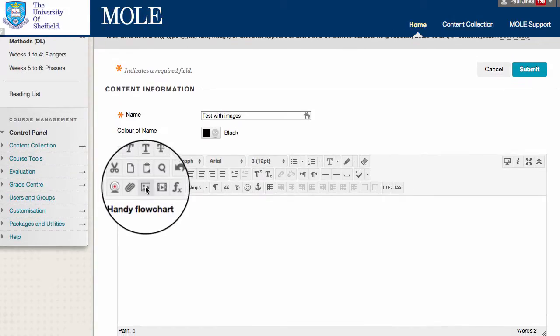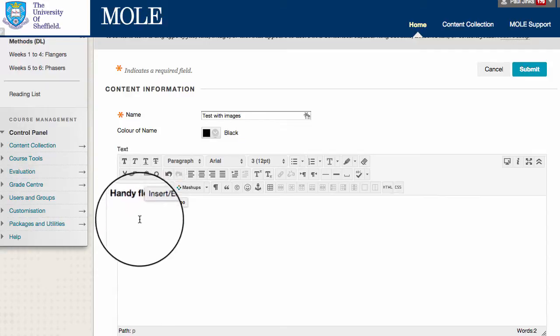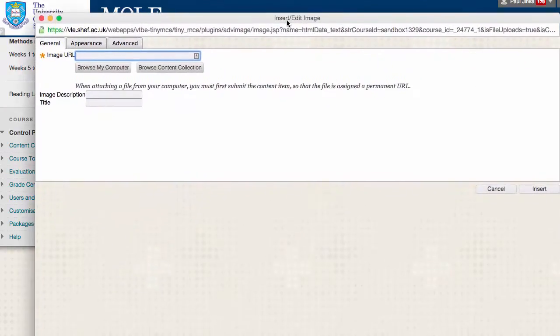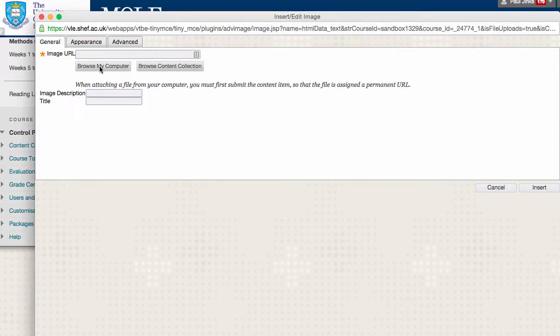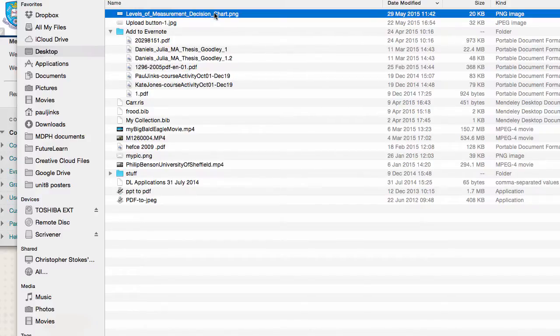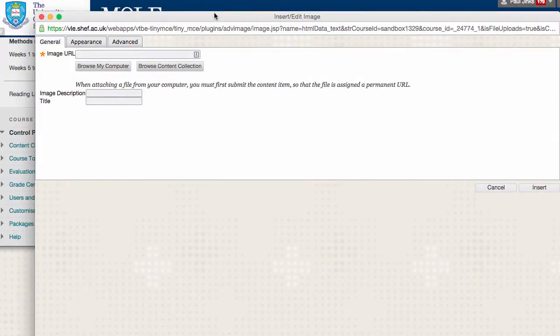So click this insert image button, so we're going to put it just there. Click browse my computer, select the image you want, double click it,